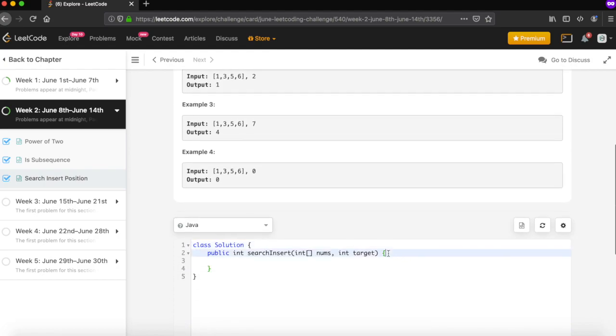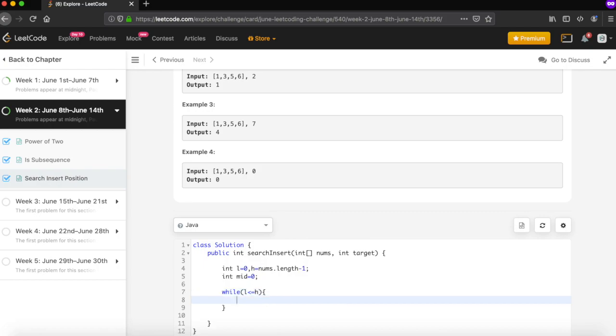Alright, now let's first define our low pointer and high pointer, which is equal to nums dot length. Let's define a mid element also, which we are going to calculate. We would like to iterate till they cross each other.